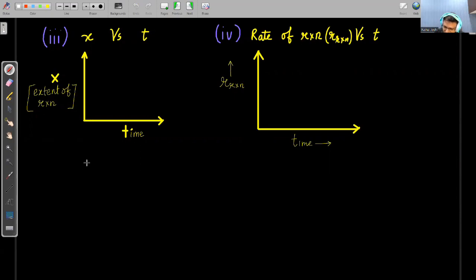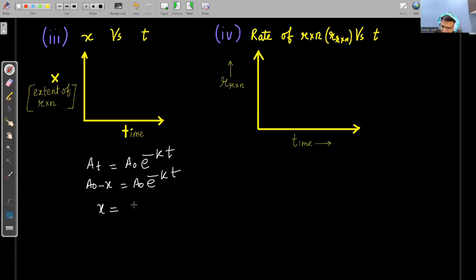देखते हैं इसको। एक्सटेंट ऑफ रिएक्शन हमने अभी पढ़ा कि At की जो वैल्यू है वो A0 e^(−k·t) है। At क्या है? A0 − x, कि अभी कितना बचा है, पहले कितना था, उसमें से एक्सटेंट ऑफ रिएक्शन माइनस कर दो, क्योंकि हमारी बैलेंस रिएक्शन थी, A will form product. So A0 − x is equal to A0 e^(−k·t). So from here we can find that x, the extent of reaction, is equal to A0 (1 − e^(−k·t)), A0 कॉमन ले लेते हैं।